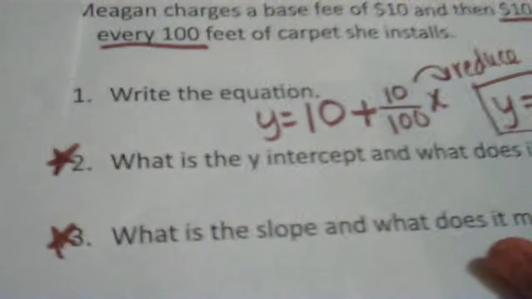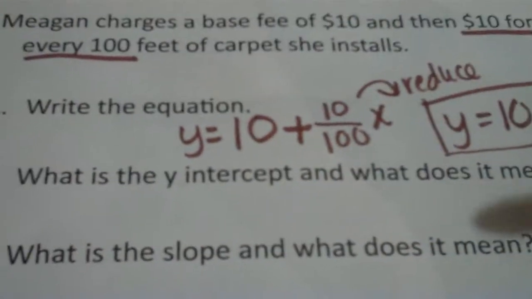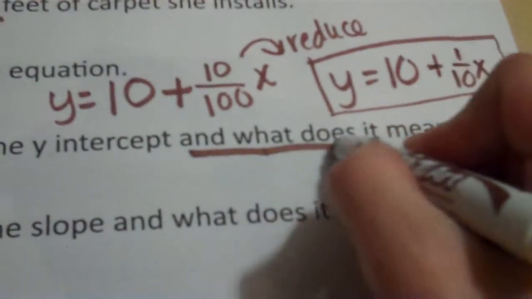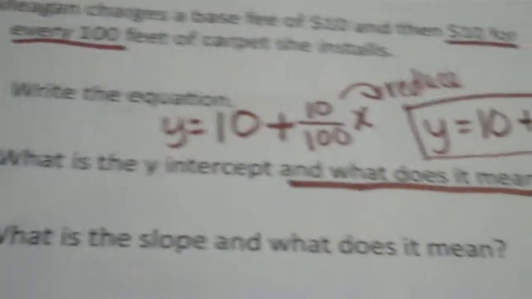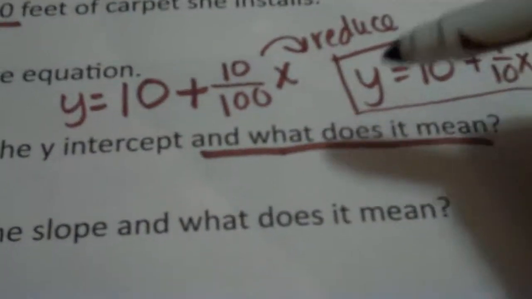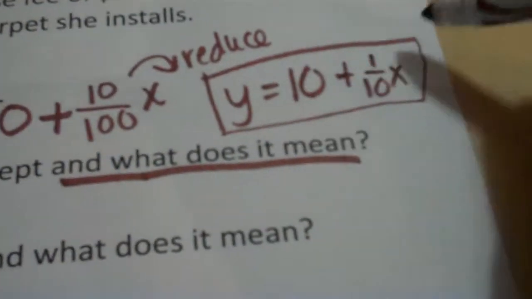Here are the questions they're going to be asking you on your exam, so we need to go over these very carefully. The next one, make sure you write it down, is what is the y-intercept and what does it mean? If you give me the y-intercept but you don't explain what it means, on the C-scope test you get it wrong. You have to explain. So right here, the y-intercept you could tell me is $10, right? So the y-intercept